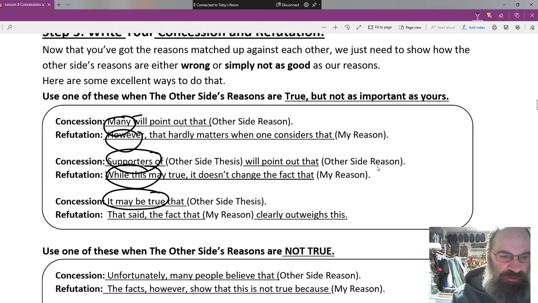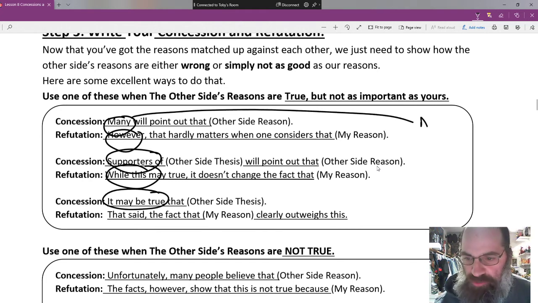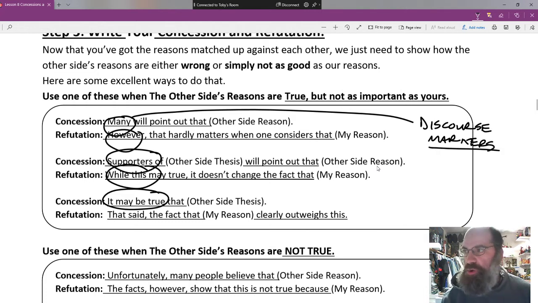Remember, discourse markers tell the reader what's going on in your paper and where we are in your paper. It lets us know. So many will point out, however, that hardly matters when one considers that